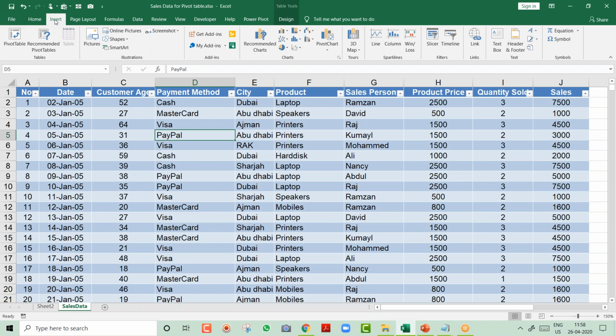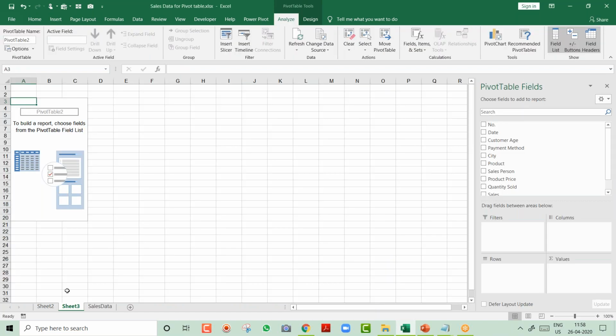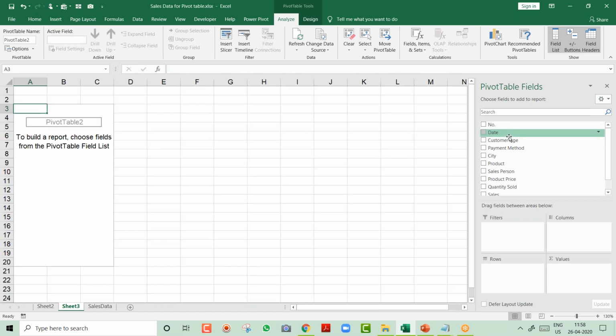Yeah. So I go to the insert, friends, and I click on pivot. So what was our intention? Just to repeat for you, we wanted to create yearly, monthly reports. So I click on pivot table, I say okay, and I got another sheet over here. So now I have a date column. Now you see, if you wanted to create a yearly report, your date format should be correct. If your date format is not correct, remember this function will not work. It will give you the error.